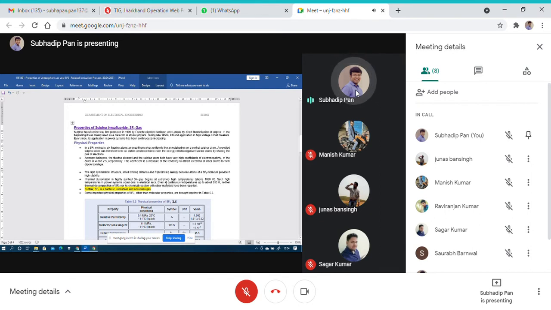So even a continuous temperature up to about 500 K. Sometimes that means the preservation of SF6 gas at a certain temperature of 500 to 1000 K. Neither the thermal decomposition of SF6 nor its chemical reaction with other material has been reported. So what does that mean?